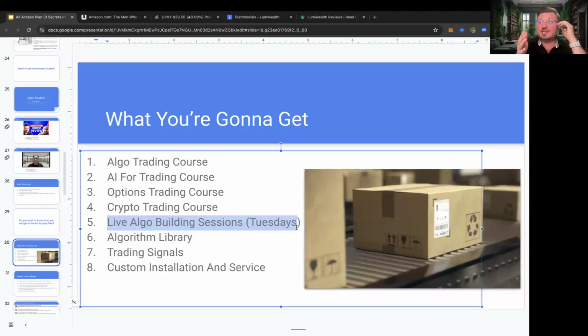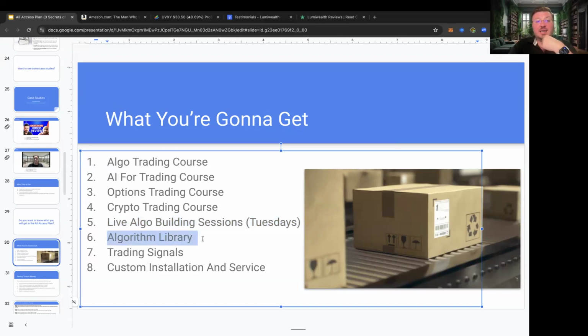You could join us on Tuesday nights. You could actually see how the secret sauce is made. You get to see and influence new algorithms. If you have a strategy in mind, we can actually build it and test it out for you. And you get to see all the cutting edge things they're working on. Like, for example, that martingale bot that we built yesterday with that insane looking backtest. That's something that we built in this class too. So you get to have access to that. It's live every single week on Tuesdays.